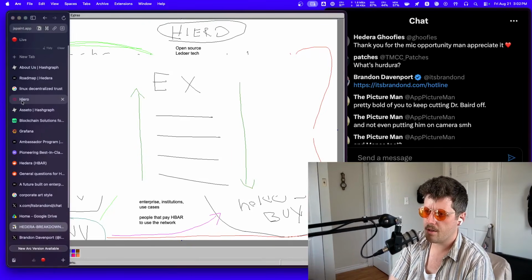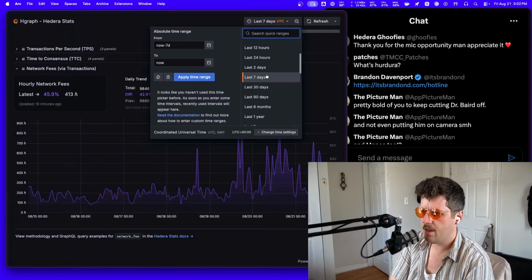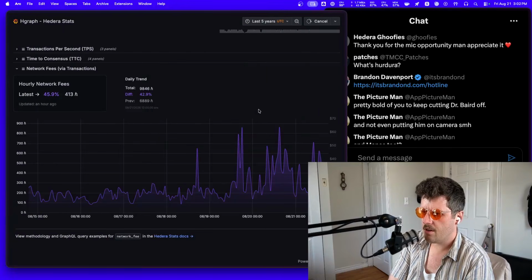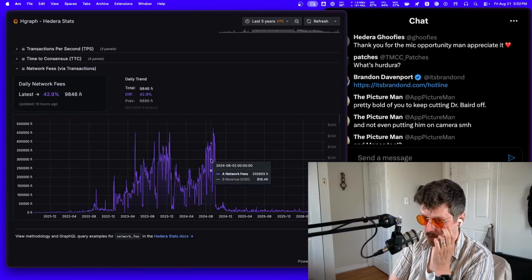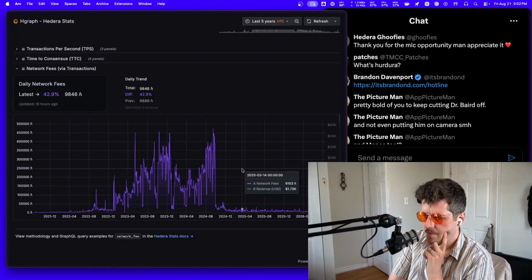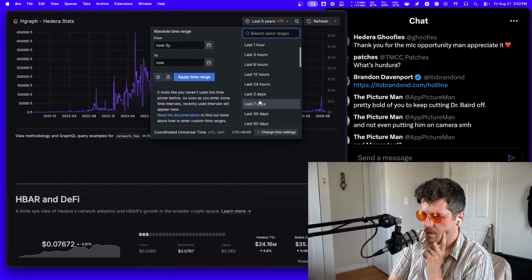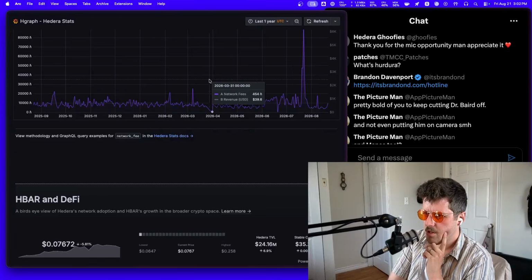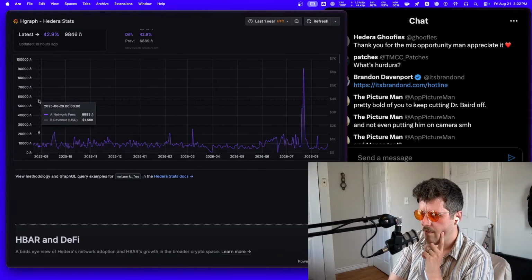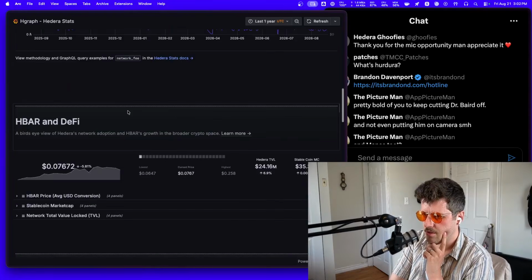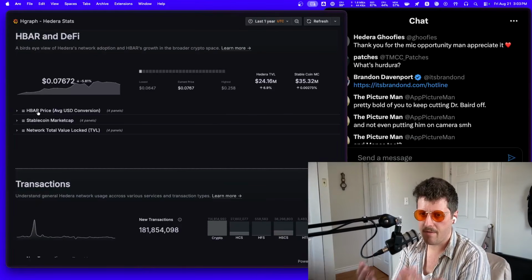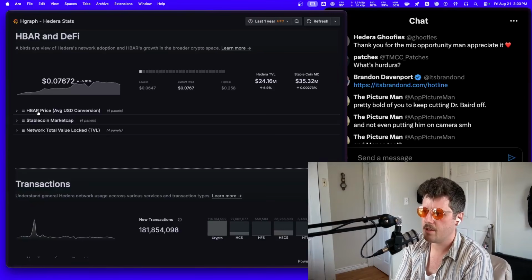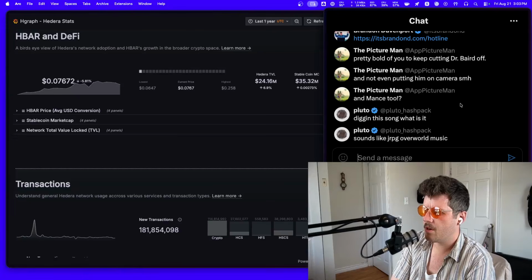If the work that was being done in the network was making things happen, then over the last, how far back can we go with this? If what we were doing works, then we would start to see growth, right, of paying customers and users, right? We would start to see more demand for the asset. We can't just have HBAR follow the market, right? If we really want this network to be a top 10 network,